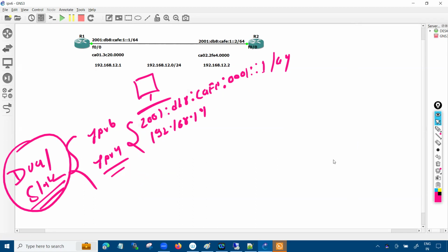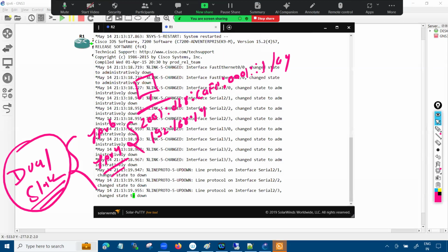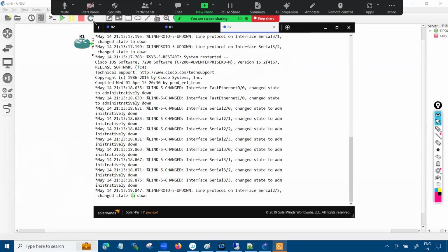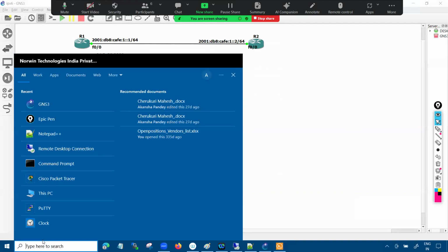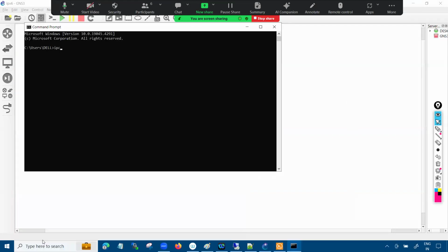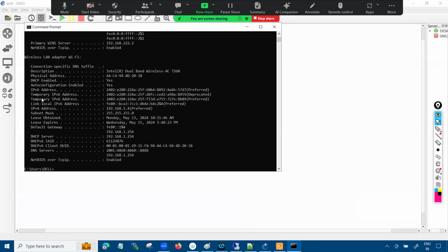So you can do the same configuration on the router as well. But by default, as I told you, if you don't configure the global unicast address, what happens? Whatever devices are coming nowadays, all of them are capable of IPv6, so automatically they will get the link local address. If you have a look at my computer, in CMD, if you put the command ipconfig /all, you will see that I do have a